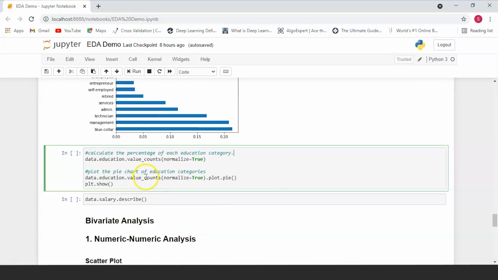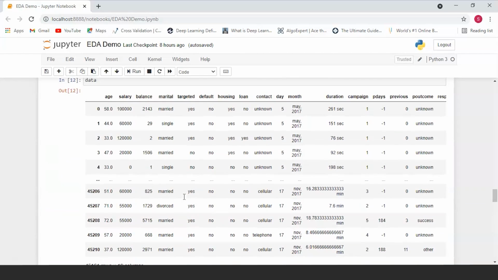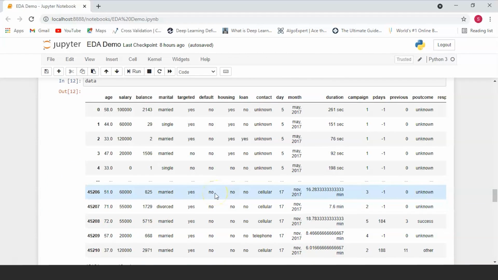Now another thing we can do is we can calculate the percentage of each education category. And this is basically what exploratory data analysis is. You take a look at certain columns which do not have very straightforward values. Like here, targeted and default will have yes or no values, very evidently.